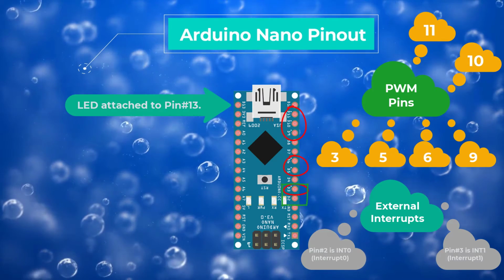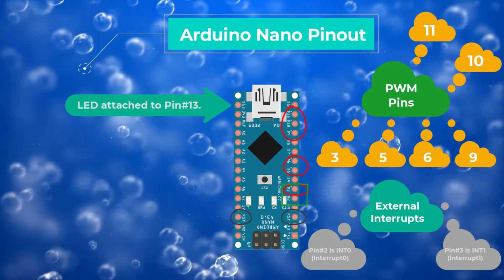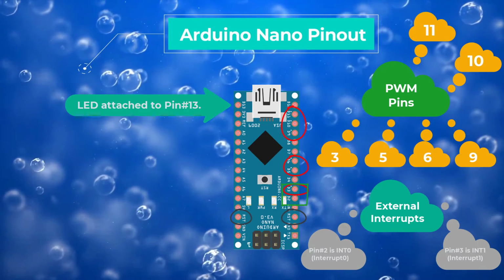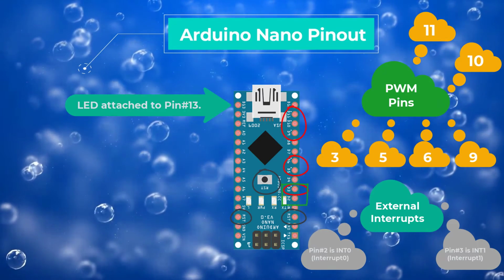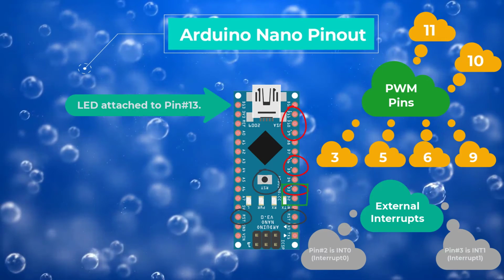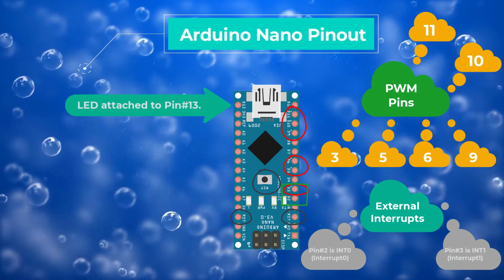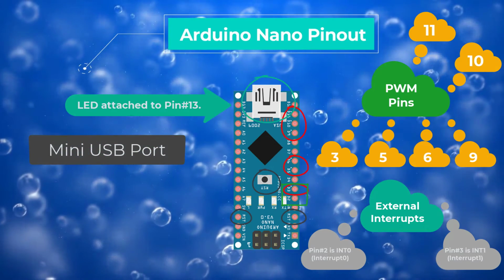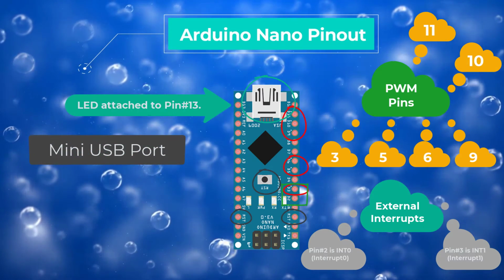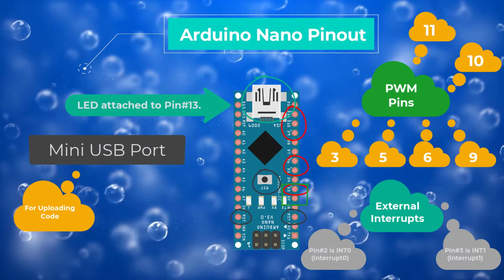It also has 2 reset pins used for resetting the board programmatically. Making this pin low will reset the board. There's also a reset button present on the board. Arduino Nano has a crystal oscillator of frequency 16 MHz. It doesn't come with a DC power jack or USB port. Instead, it has a mini USB port, which is used for interfacing Nano with the computer to upload programming code.